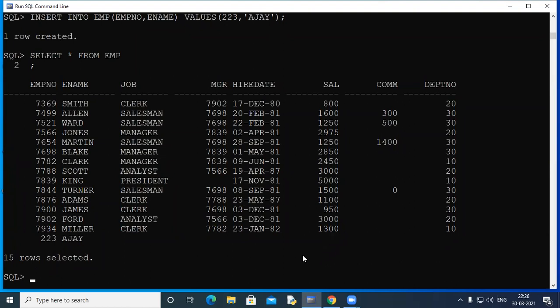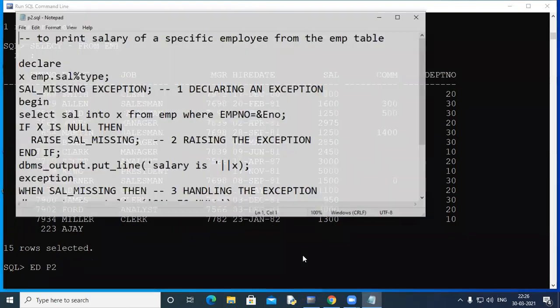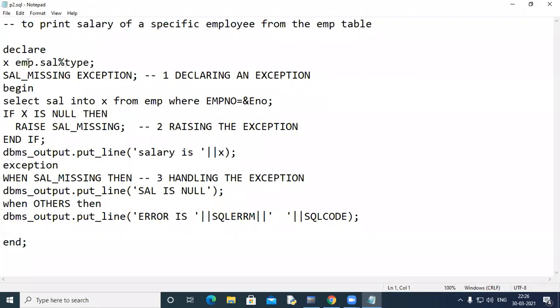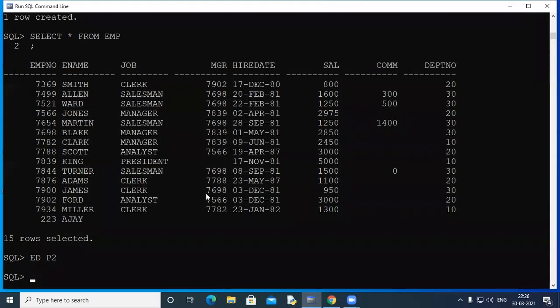So salary is null. So if we look at our program here, we want to print the salary of a specific employee. So when I run this code and I provide the employee number as 223, what would be fetched into X? Select sal into X, a null value. So it will say if X is null, then it will raise sal_missing, and it will jump here and will print salary is null. Have a good look at all these 3 things.